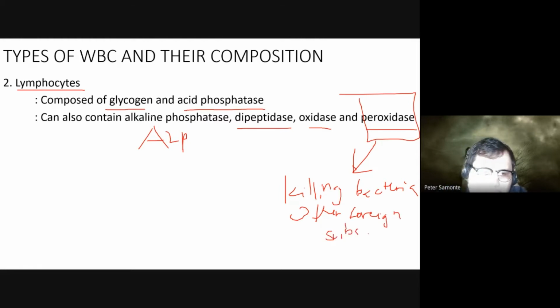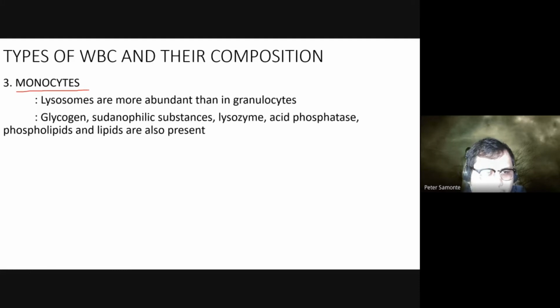So they contain ALP, dipeptidase, oxidase, and peroxidase. Then we also have your monocytes. Now, in monocytes class, lysosomes are more abundant than in granulocytes. Now, class, an example would be if in cases wherein your neutrophil